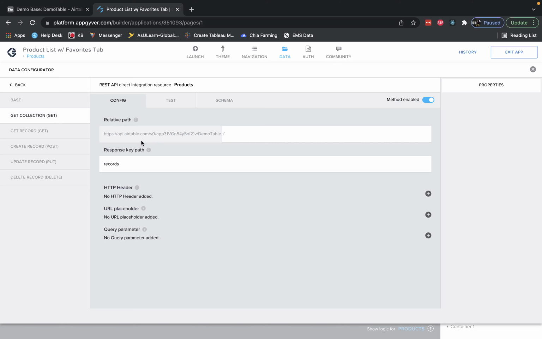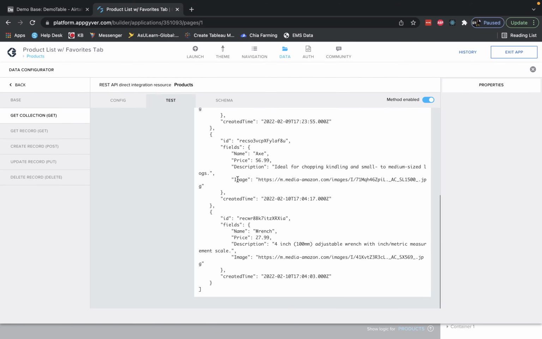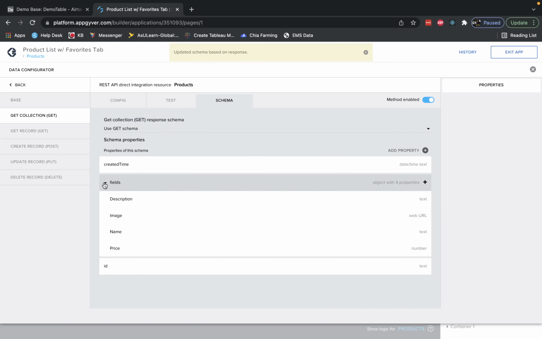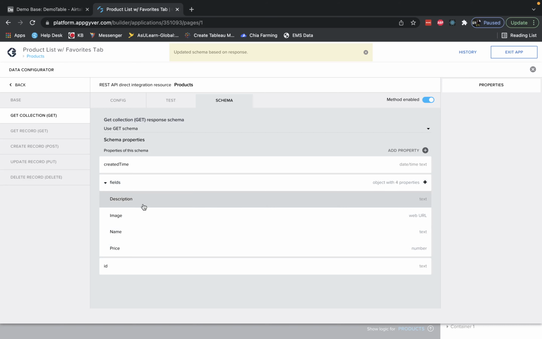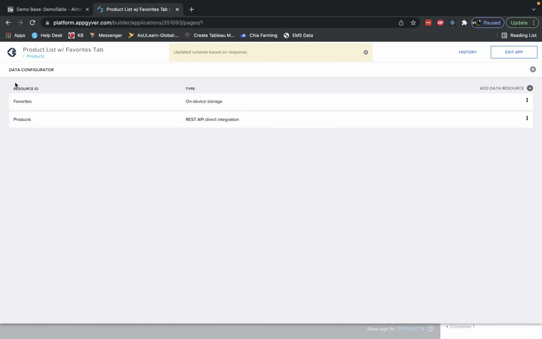And then for your get collection to get the records, your response key path is going to be records. And if you run a test, you can see we have all that data here, and you're just going to set schema from response, which will give you this. And these fields are what we're going to make our offline data source from. So if we go back,